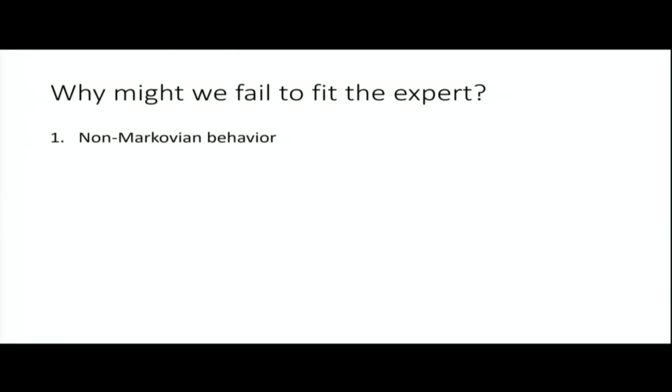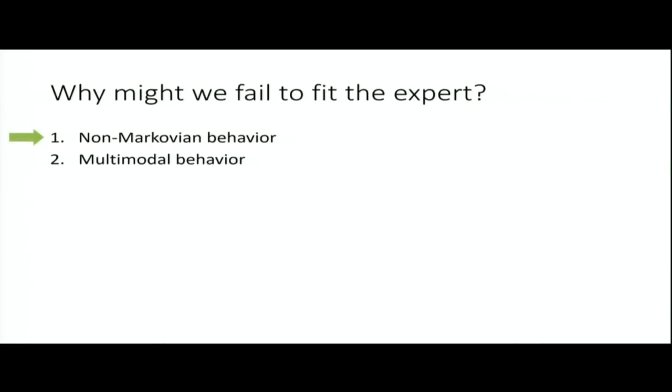There are kind of two reasons that I'm going to discuss in this lecture, although there are likely others as well, but two big reasons for which we have reasonable solutions. One is that the expert might not be Markovian. So what that means is that the expert's behavior might not depend entirely on the current thing that you're seeing. And the second reason is that the behavior might be multimodal. And we'll get into what both of these mean and how we might address them.